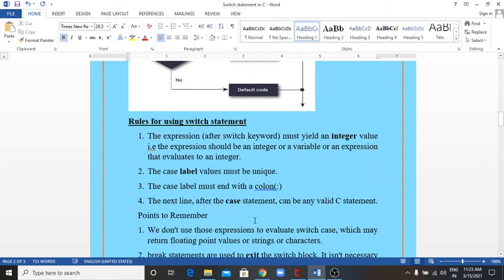Now what are the rules for using the switch statement? The expression after the switch keyword must yield an integer value, that is, the expression should be an integer, a variable, or an expression that evaluates to an integer. The second rule is that the case label value must be unique.